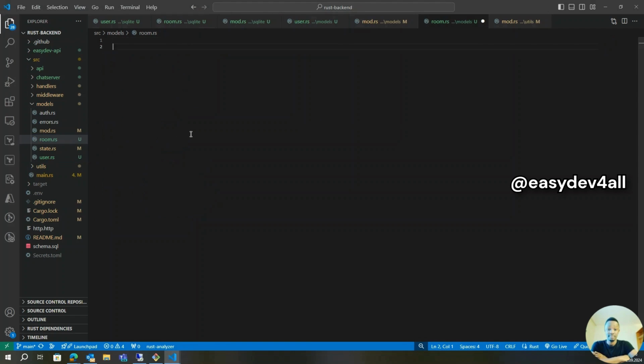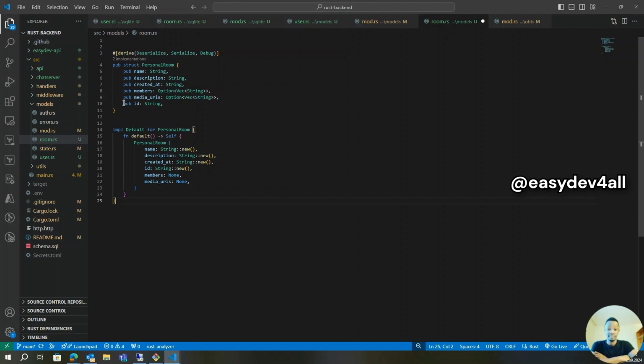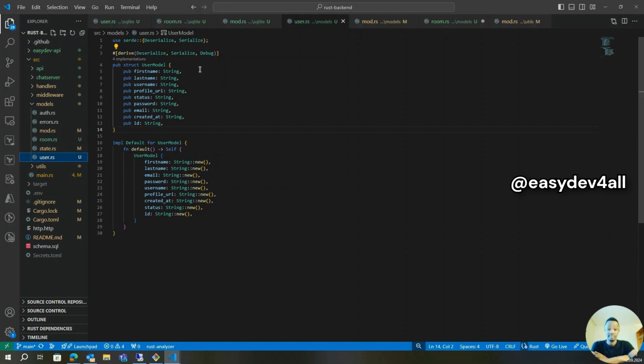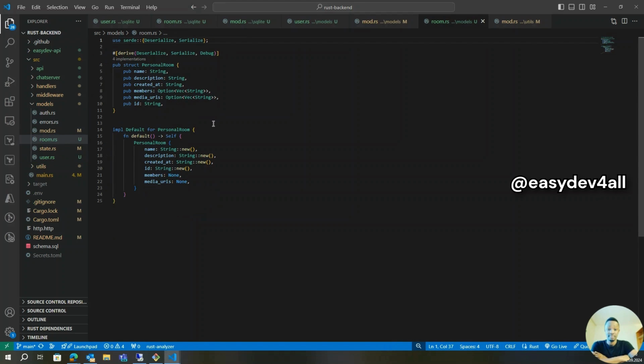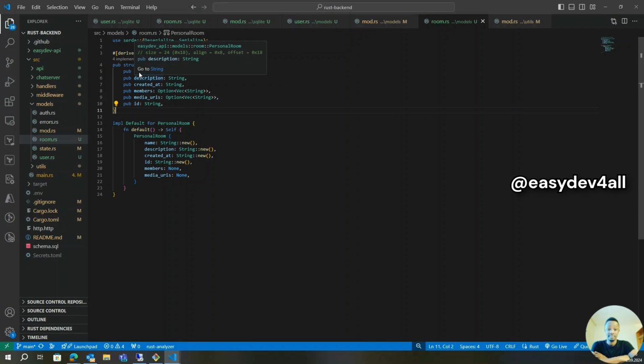And for the room, again, it's going to be quite similar. So I have this predefined already. Again, I need to bring these imports in. And that's more or less the basics of what I would like to have for those. So it needs to have all of this. I would like a way, of course, to know who is in a room. As you can see over here, that's also why I'm using these members. Of course, I have these media URLs in case